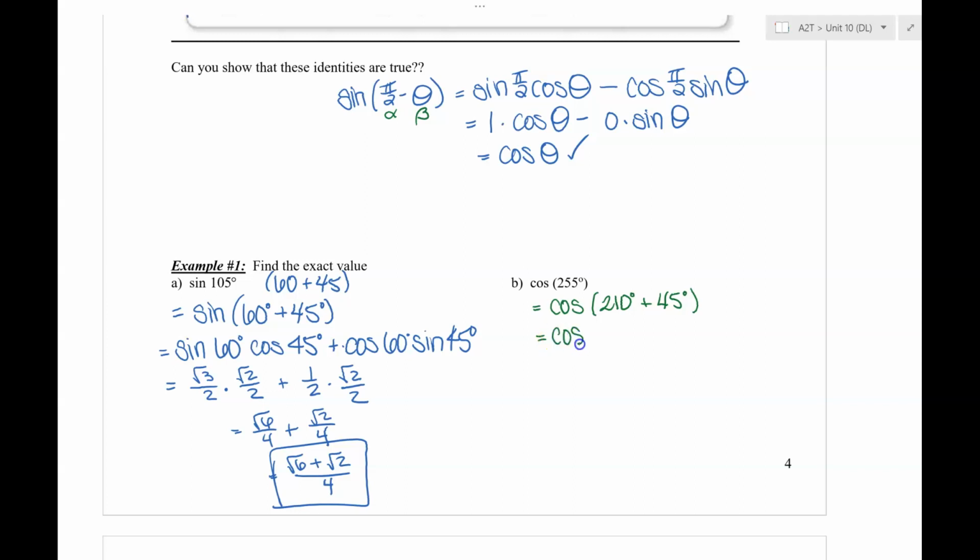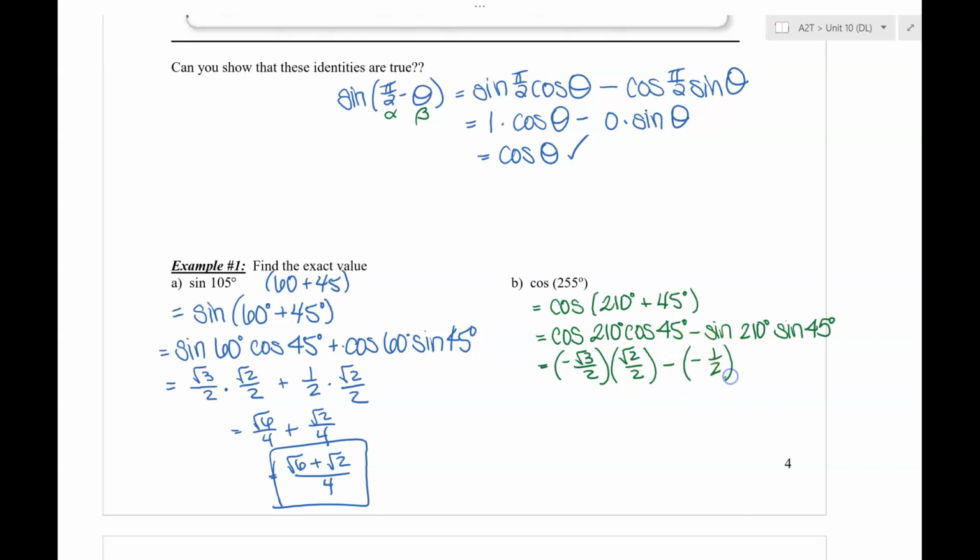So cosine is going to be the cosine of 210 degrees, cosine of 45. Cosine changes, so minus the sine of 210 degrees times the sine of 45. Okay, so we know cosine in the third quadrant is going to be negative. It's a 30-degree reference angle, so it's going to be negative rad 3 over 2. Cosine of 45 is rad 2 over 2, minus sine in the third quadrant is also negative, so it's going